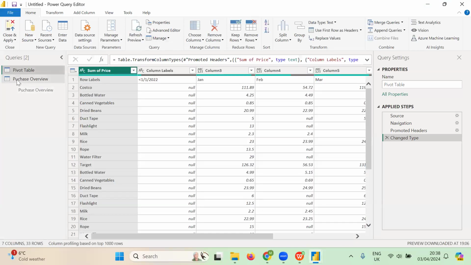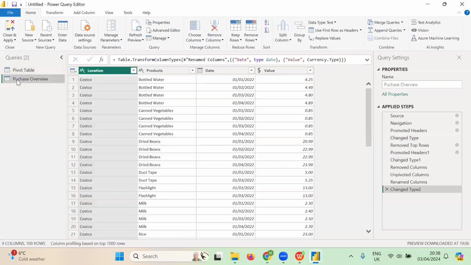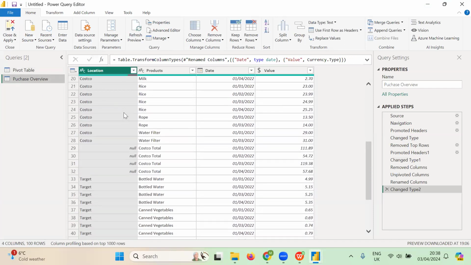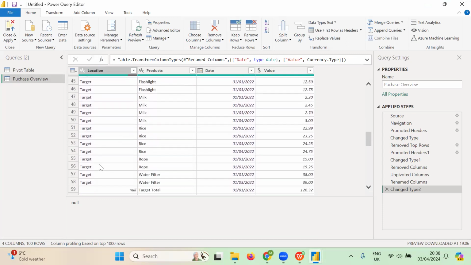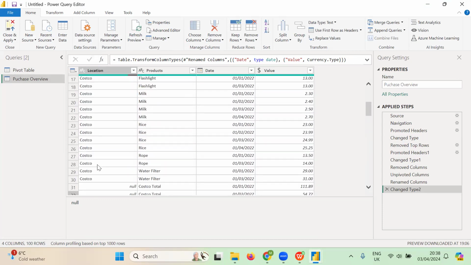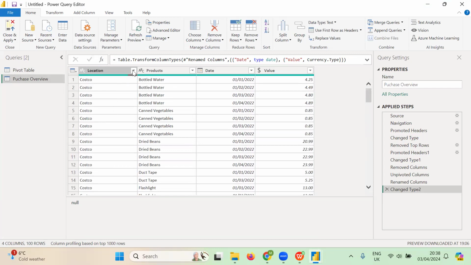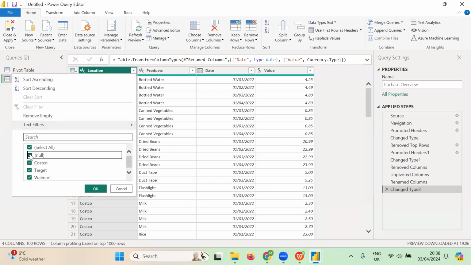So we click on the table we want to work on, which is this purchase overview. So if we look at it, if we scroll down, we will notice that we have nulls. We don't need nulls in our Power BI table. So we are going to remove this. And the easiest way to remove this is to just filter it out. So we click on this drop-down filter button and we just deselect null. So once we deselect null, it will remove null from this table and whatever it is loading is going to be without the null. So if you click on OK